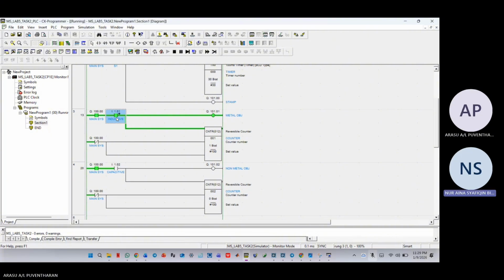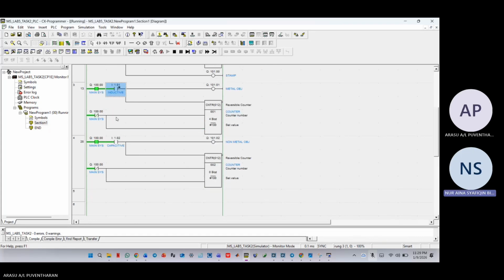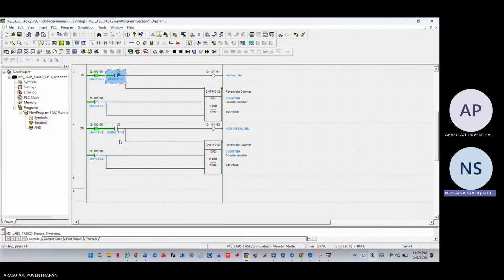So if it's one object, the count will be 1. If the second object is detected, it's count 2. And when the third object is counted, then it will count 3. Next, for station 3, if the object is detected as a non-metal object, the capacitive proximity